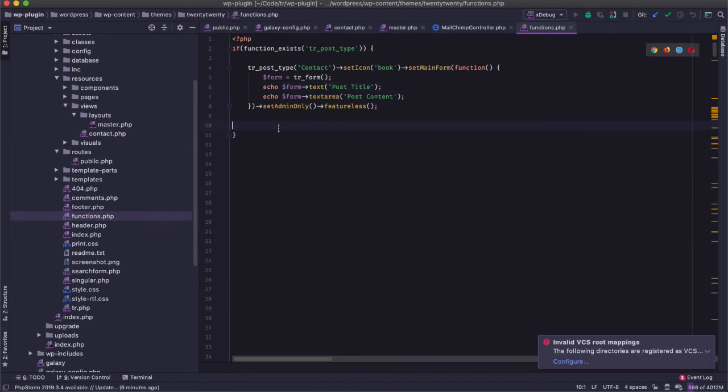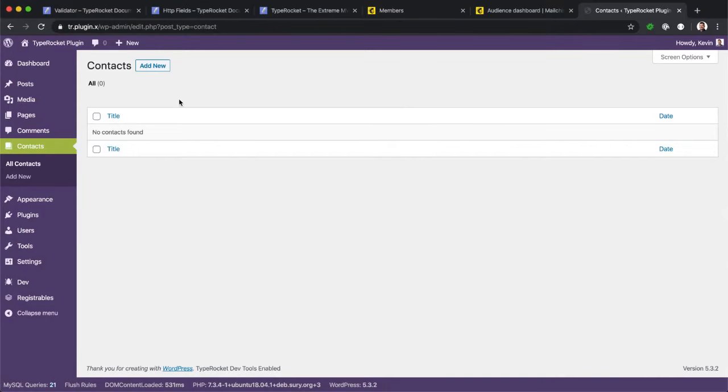In here, I've just registered a quick post type in WordPress. It's a contact post type, with the icon of book. We set the main form, we get a form element, and then we pump out the text field and the text area field. We make sure it's admin only, and then it's featureless. Featureless simply means don't include revisions, the title field, the post content field, all that stuff that WordPress typically includes